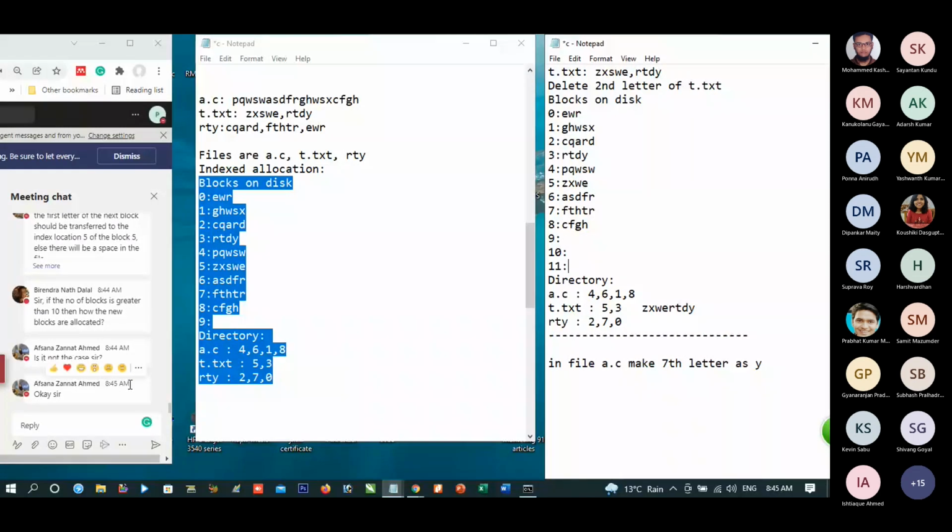Any doubt? In a file, make the 7th letter as Y. What is my file? A.C. A.C is in the 4th block. What is the 4th block? Then what is the 6th block?